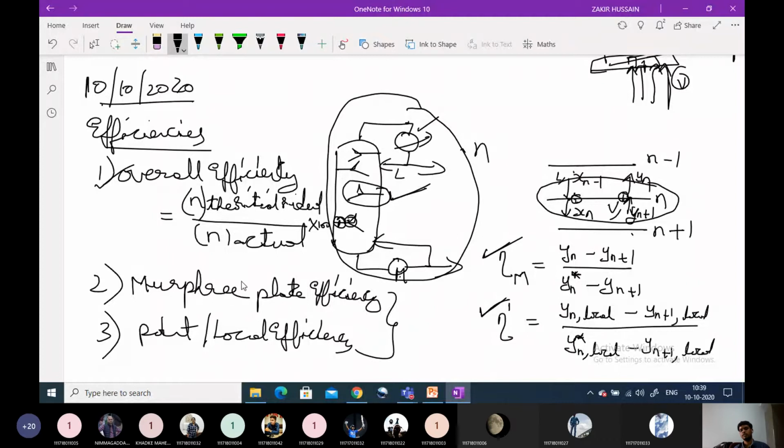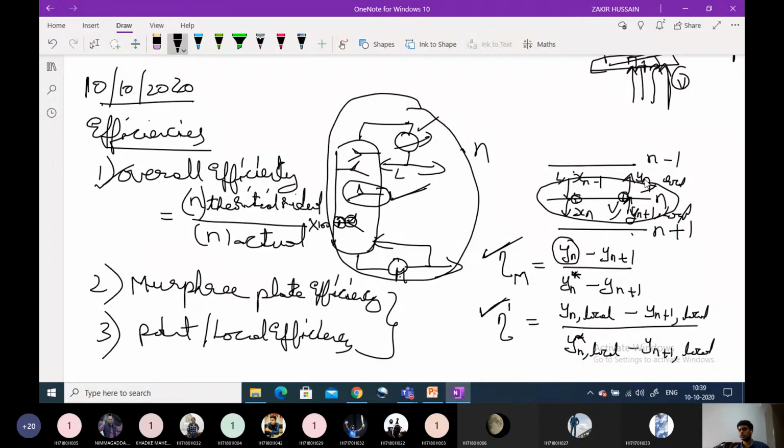Then the Murphy plate efficiency with respect to the vapor composition is defined as follows. You have to draw this plate for the same point or local efficiency, with composition yn local. You have to keep here yn local, yn plus 1 local, already provided in the material. Just see that one, they are asking many times. Then you have to expand what these terms are.